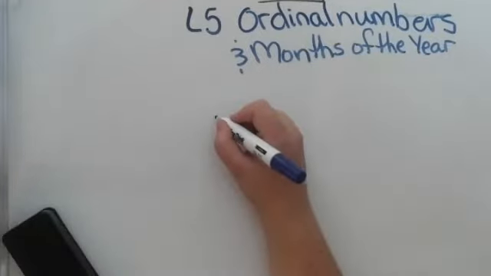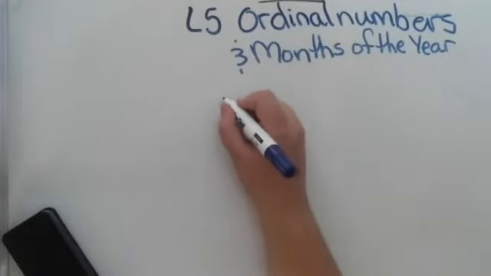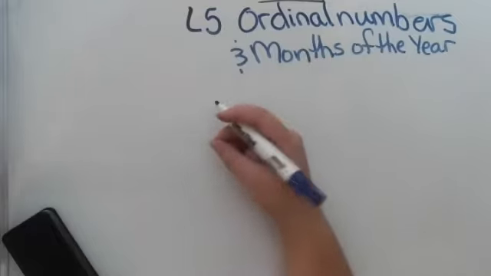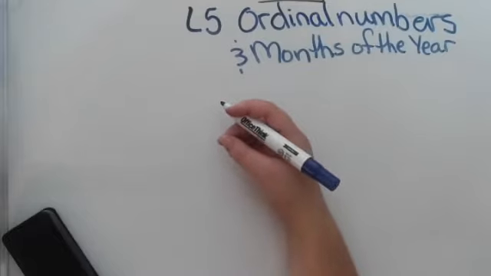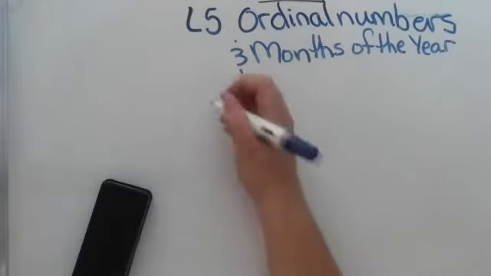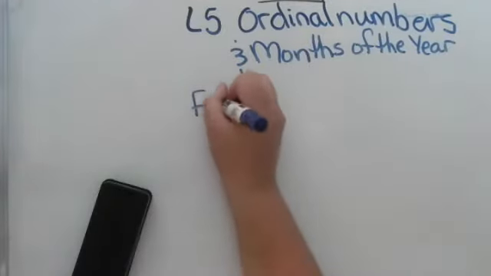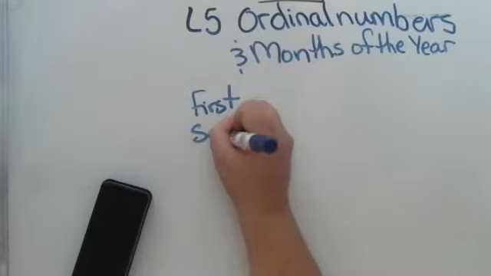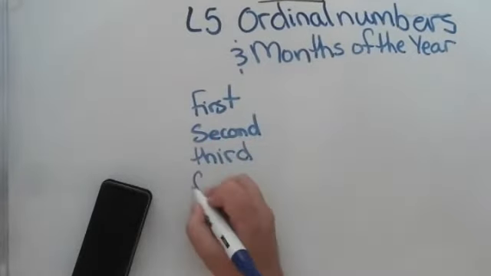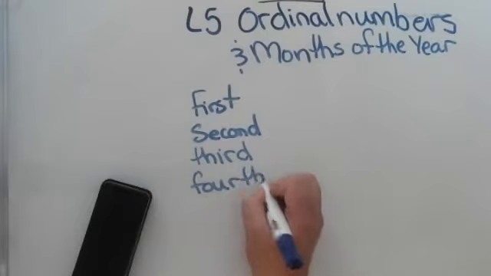Again, if I have the days of the week, you'd be looking at Monday being the first day of the school week, or Thursday being the fourth day of the school week. Okay, so when you're using these, you're using first, second, third, fourth,